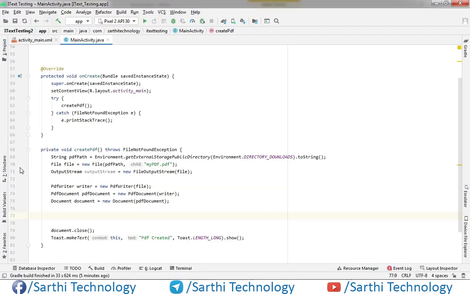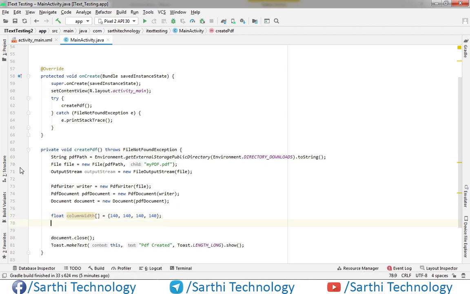So here, okay, so the array is ready. Now create the table object.